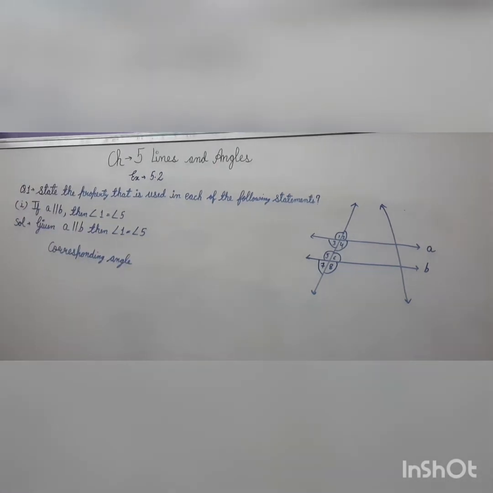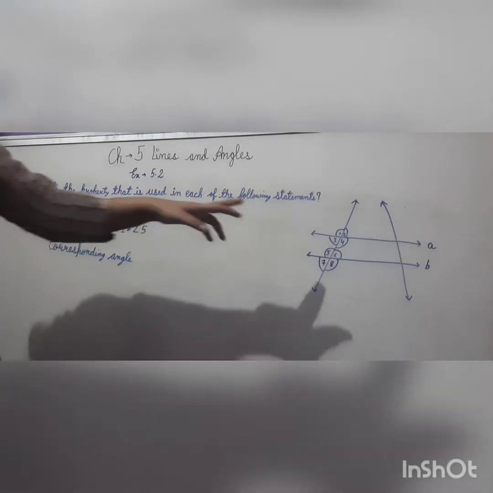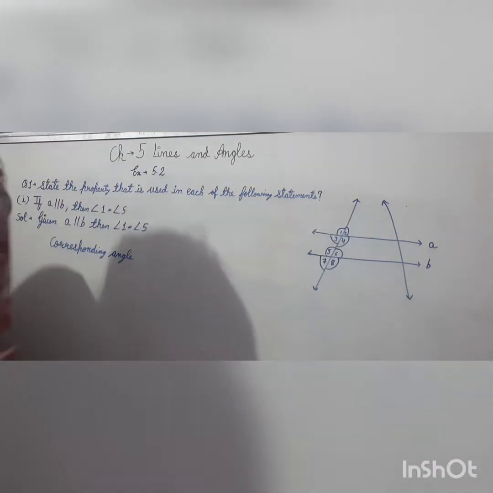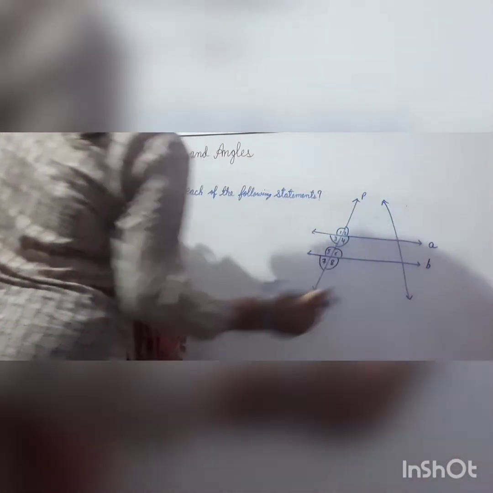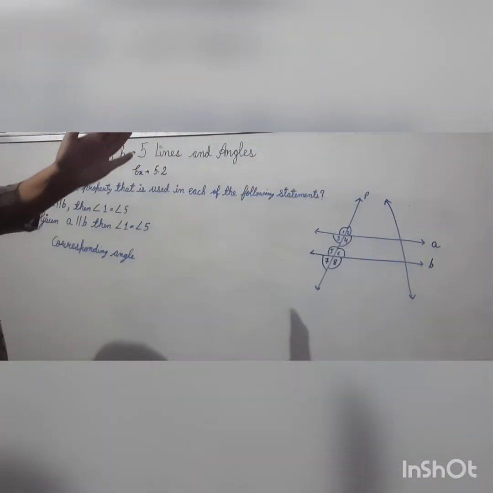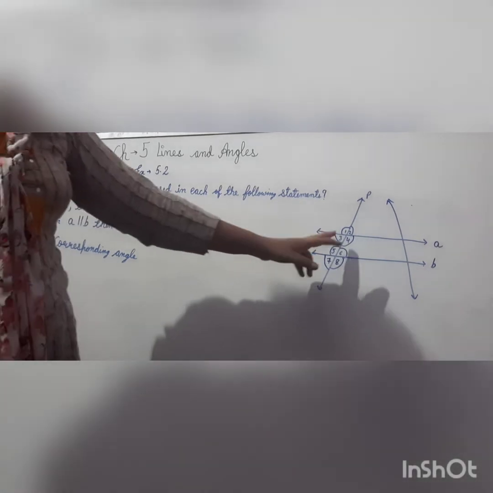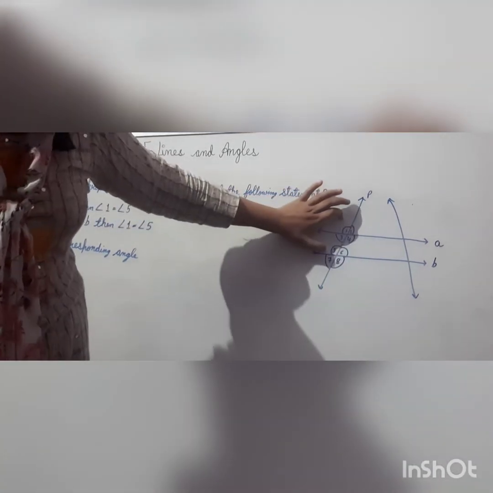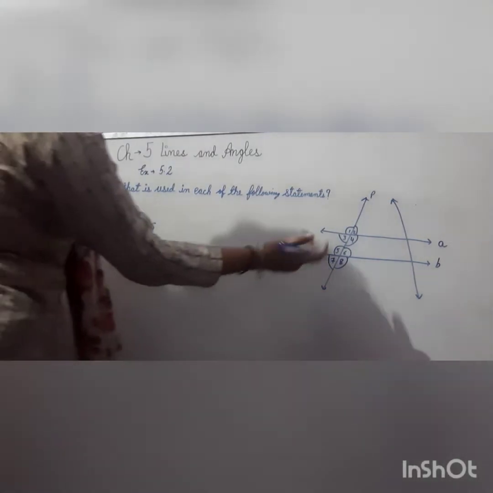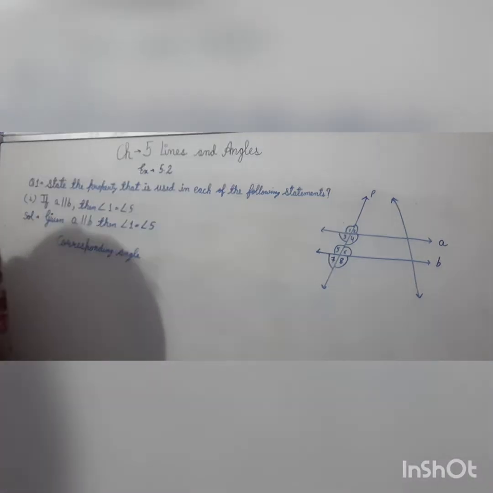As I have explained to you, if two parallel lines are cut by a transversal line P, okay, suppose this is P. Two parallel lines are cut by the transversal line P. Each pair of corresponding angles are equal in measure. Okay class, angle 1 is equal to angle 5. If angle 1 is 80 degrees, then angle 5 will also be 80 degrees because their measures are equal. Okay class.